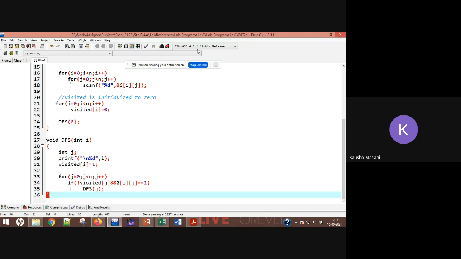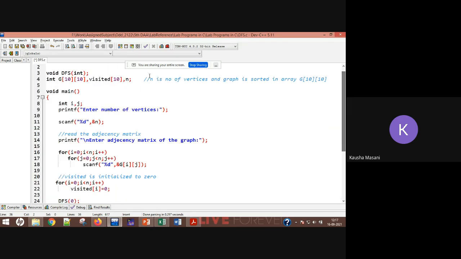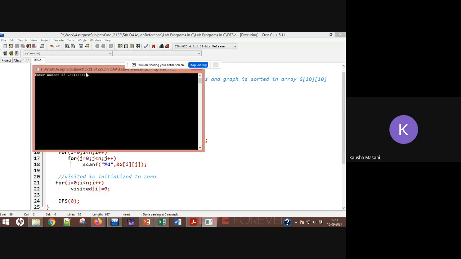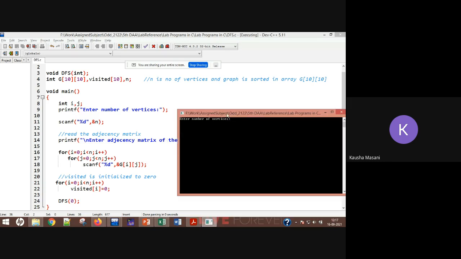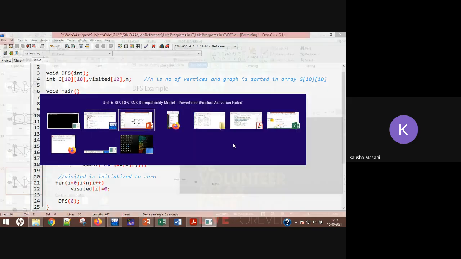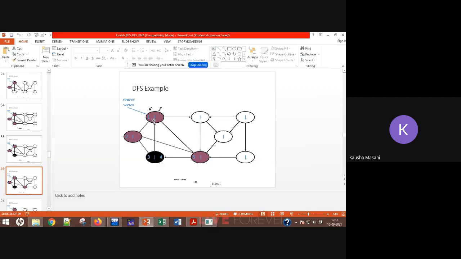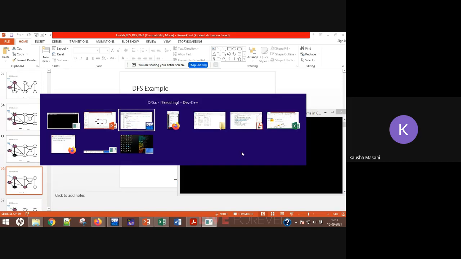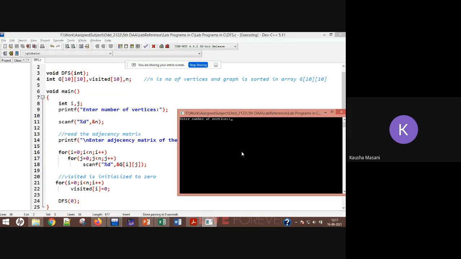If I run this, it will ask me the number of vertices. Let's say we will give this example. How many vertices? 1, 2, 3, 4, 5, 6, 7 and 8. So we will keep 8 vertices.